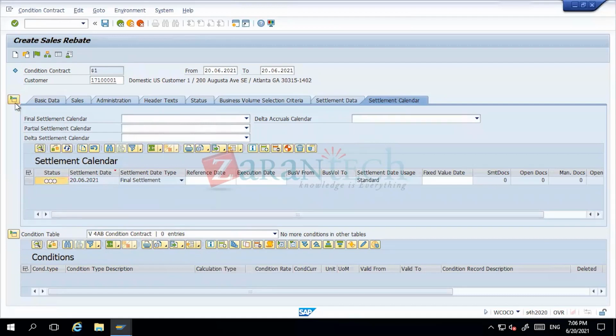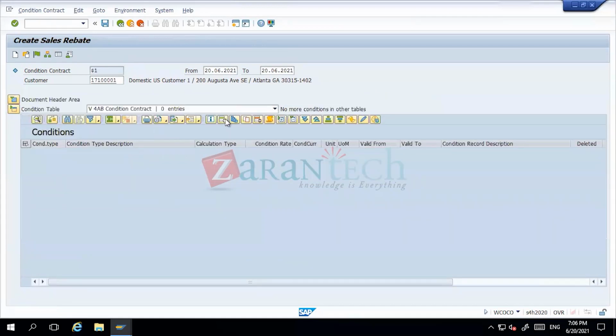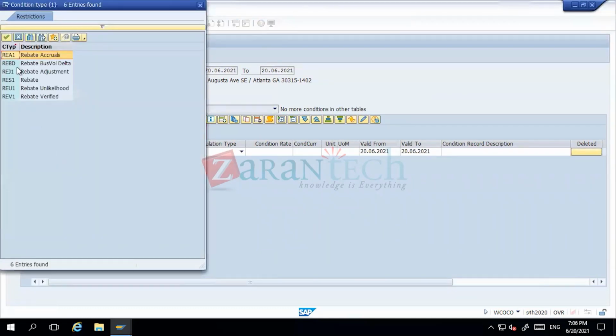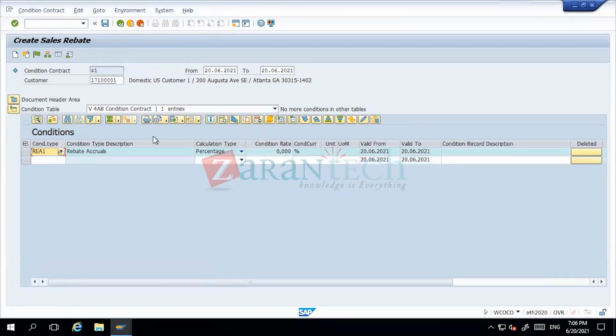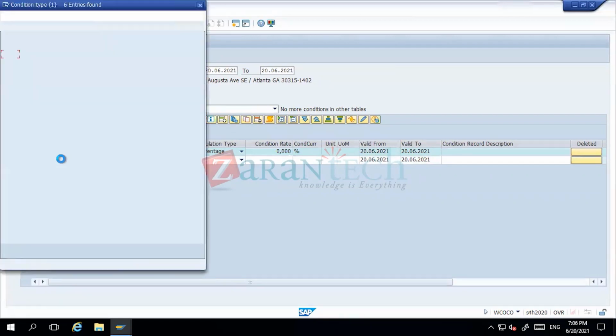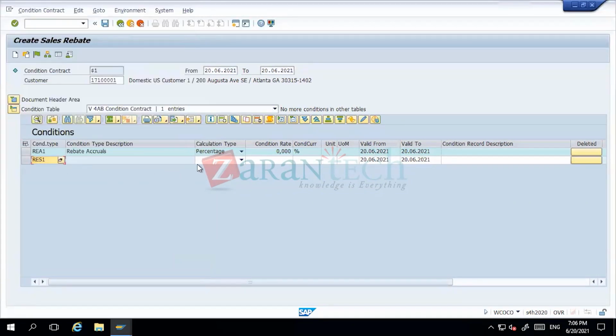Okay. Now, when I talk about conditions, I was telling there are two major conditions. One is basically called your REA1. It's used to start triggering your accruals. Next, I have one condition type, which is nothing but your RES1. I'll show you these condition types. This RES1 is scale based. So I'll make scales in such a way that